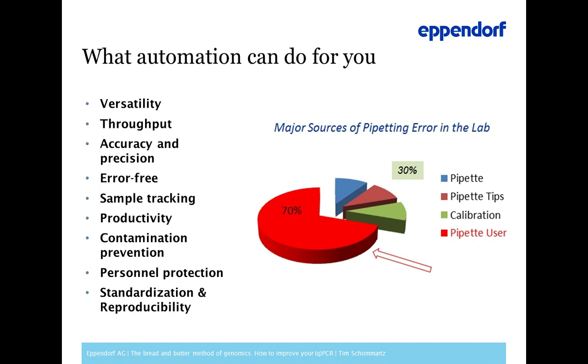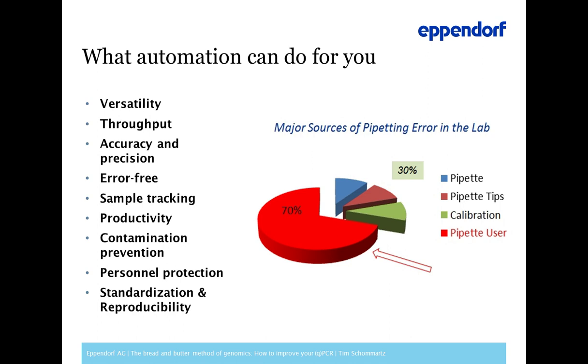To sum it up, automation is very versatile. This is what I've mentioned before. Besides PCR, you can also do something like a normalization. This is where automation shines, actually. If you do anything which is really pipetting heavy, you have a versatile system. First you do your normalization, then you move into your qPCR on the very same system. They are flexible for different throughput. They are accurate and precise, error-free. You get a tracking of your sample during the whole process. They can increase your productivity because it frees your time to do something different while the robot is doing the work. They prevent contamination because they have